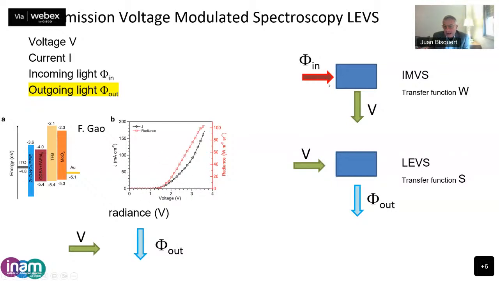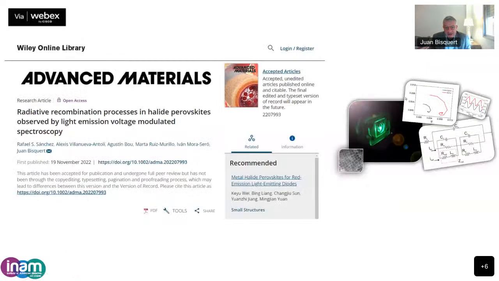So if we stimulate with light and measure the voltage, this I called before IMVS, and the transfer function is W. Now, this is an inverted IMVS, it will be to stimulate with the voltage and measure the outgoing current. So now there is an additional degree of freedom. There are not three, there are four, and we have worked out this possibility, and this was published in Advanced